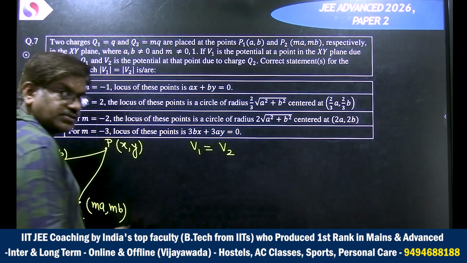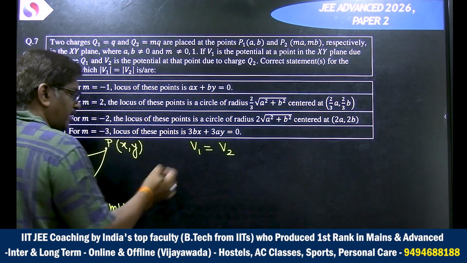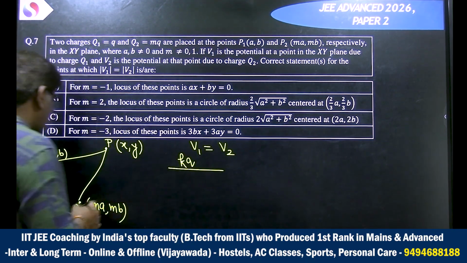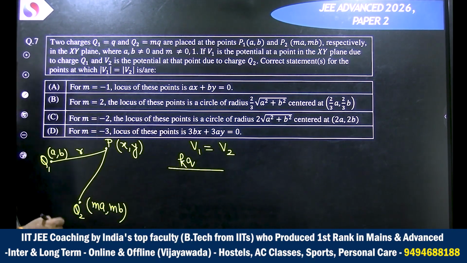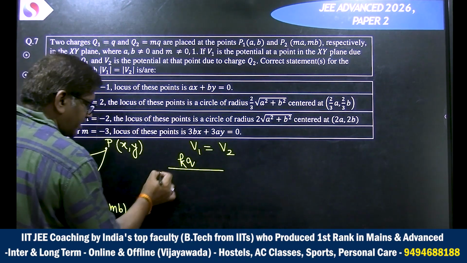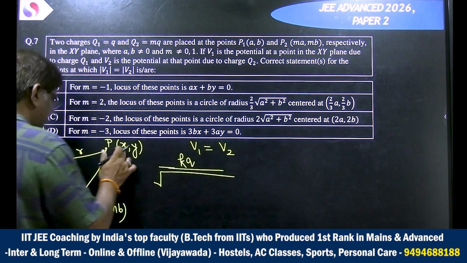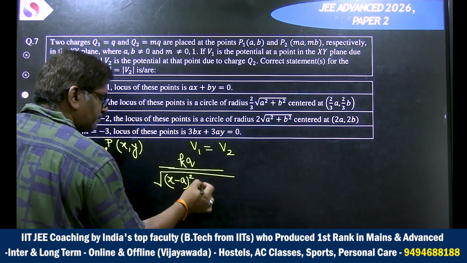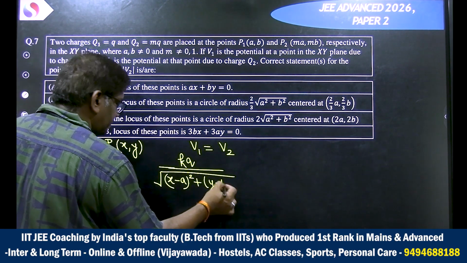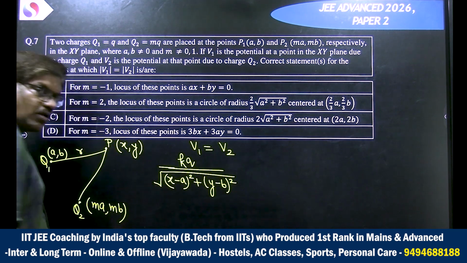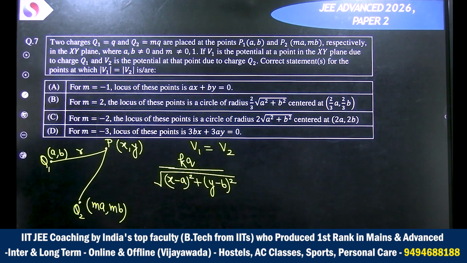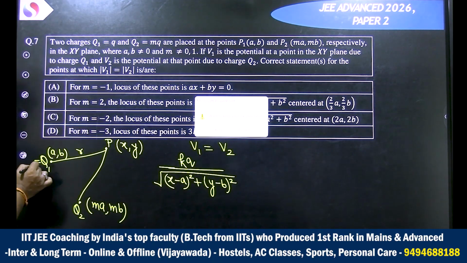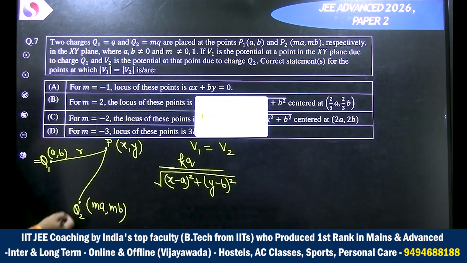Let's write down the potential because of Q1 at point P. We will say it is K into Q by magnitude of R. The magnitude of R from here is under root (x minus A) whole square plus (y minus B) whole square. Here this Q1 is Q, and this Q2 will be